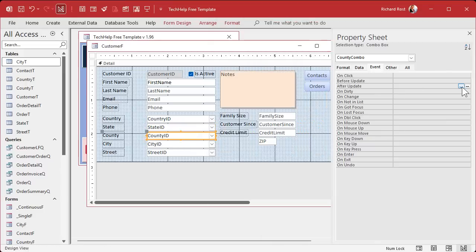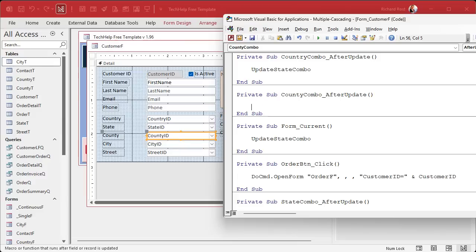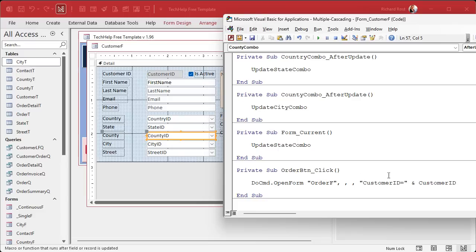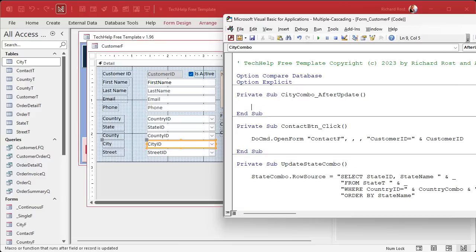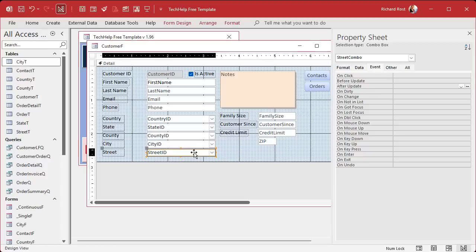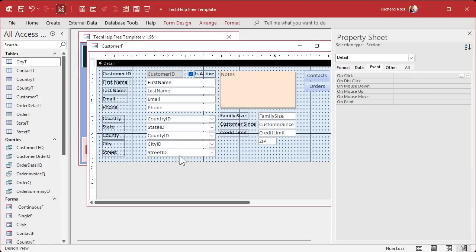County ID is going to be update city combo. And city ID after update is going to be update street combo. And then street ID, I usually just throw the focus over on some of the, we'll put the street number field over here later. All right, so after you're done with that, you're just done with that for now. All right, save it, close it,